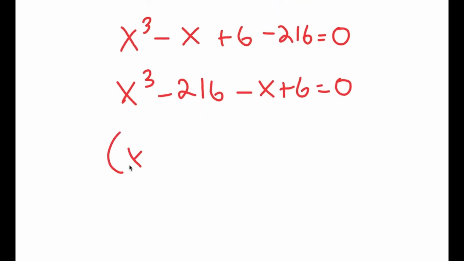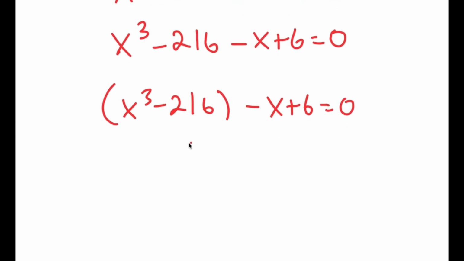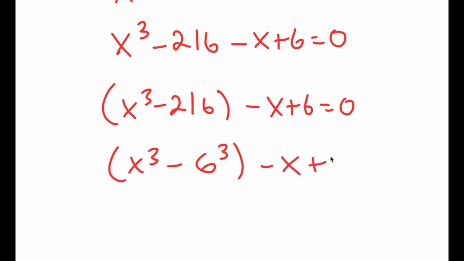And I'm going to group x to the power of 3 minus 216 together. Now 216 is the same thing as 6 to the power of 3. So I get x to the power of 3 minus 6 to the power of 3 minus x plus 6